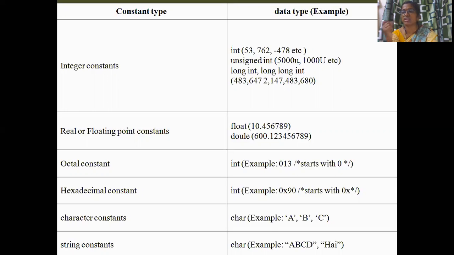Signed integers tell whether it is positive or negative. The u indicates an unsigned integer, capital U or small u. And long integers. Integers can be shown as short int or long int, according to their range, and can be written in any of these ways.